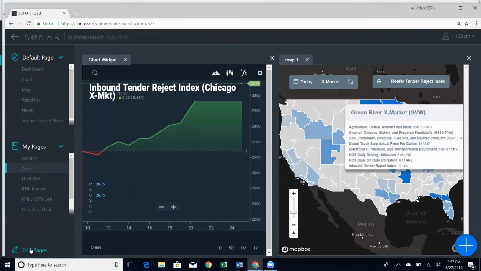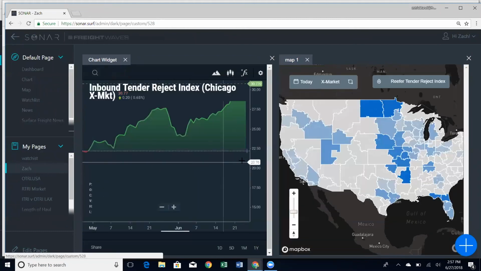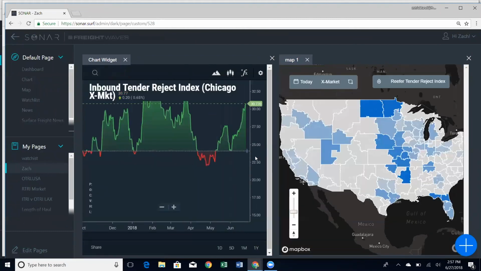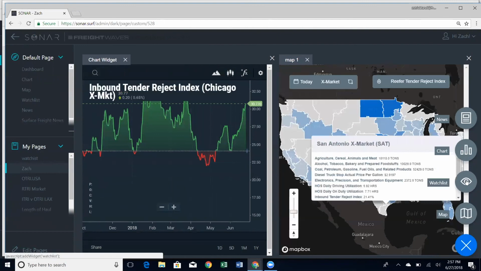So I'm going to go back to my edit pages in the bottom left, and I'm going to save the changes that I made to this page named Zach. So then if I jump from this page and go somewhere else, every time I click on this Zach page, I'll be able to see what I originally wanted to. And again, you can make any changes at any time by the plus button down here in the bottom right hand corner, and you can add any number of charts or different widgets that you'd like